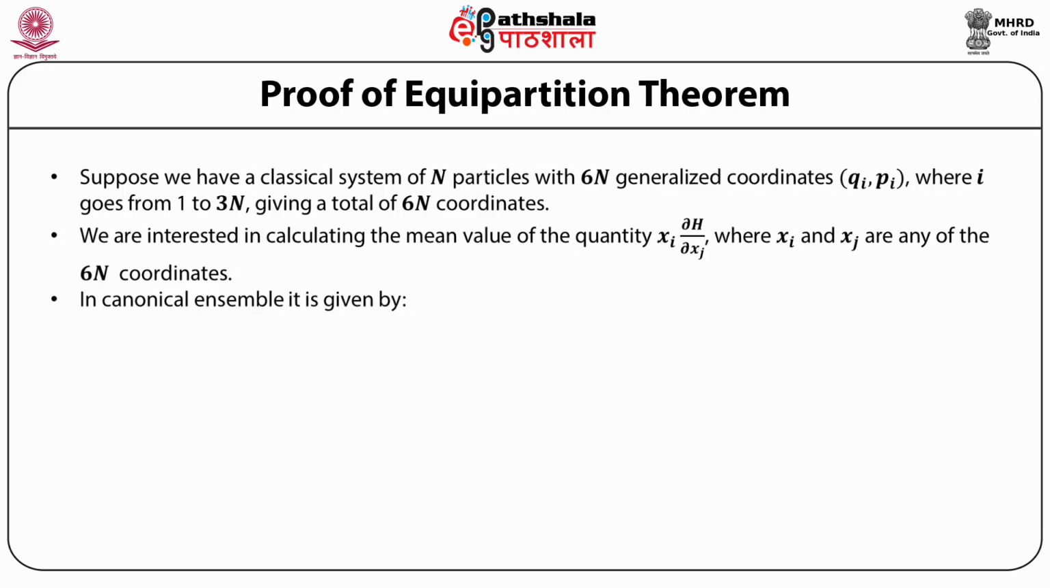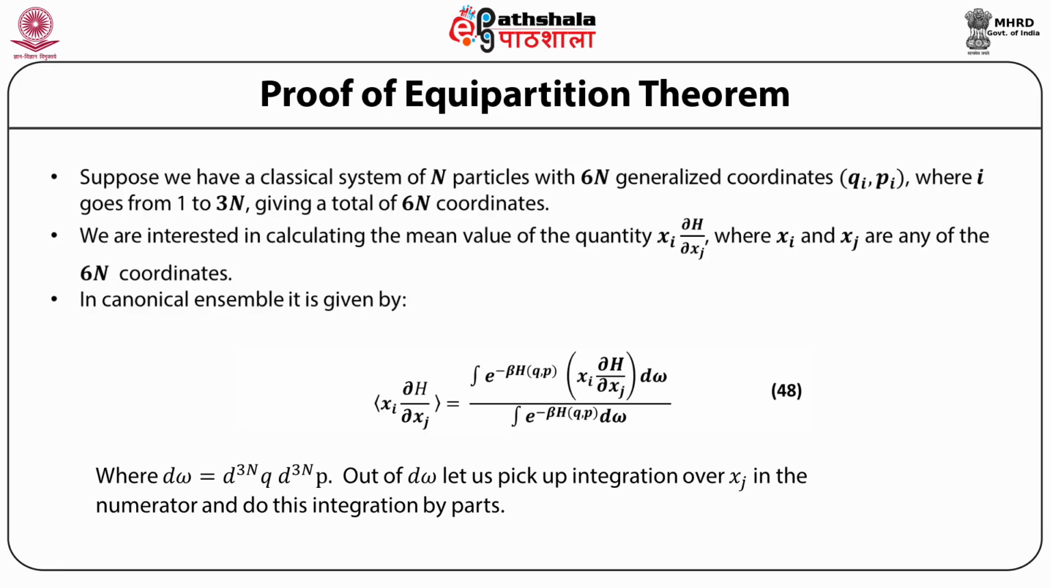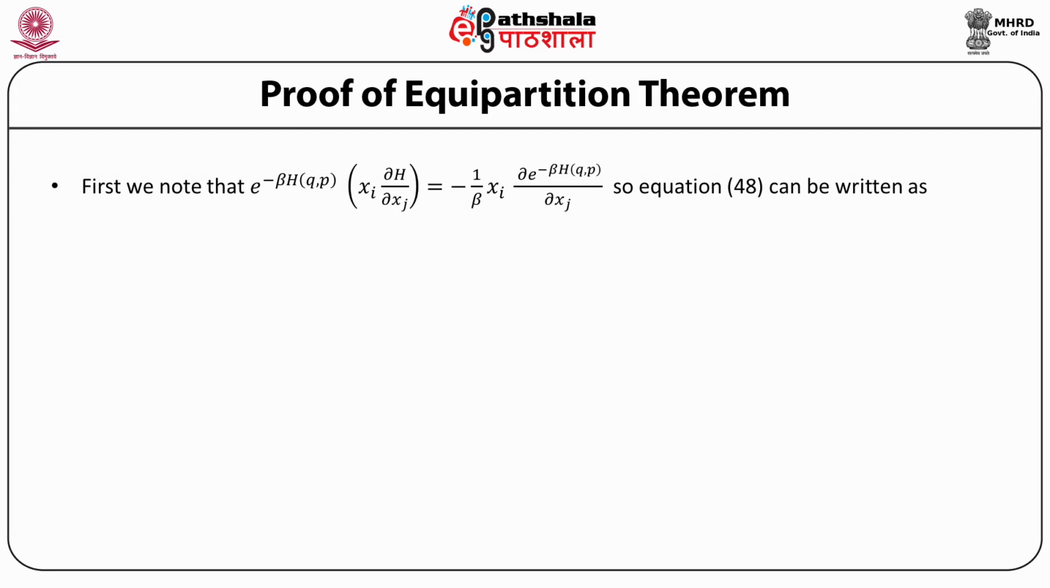In the canonical ensemble, it is given by: the mean value of x_i partial derivative of the Hamiltonian with respect to x_j is equal to the integral of e raised to power minus beta H(q,p) multiplied by x_i partial derivative of H with respect to x_j integrated over d omega, divided by the integration of e raised to power minus beta H(q,p) d omega, where d omega is equal to d3Nq into d3Np. Out of d omega, let us pick up the integration over x_j in the numerator and do this integration by parts. First, we know that e raised to power minus beta H(q,p) multiplied by x_i delta H upon delta x_j is equal to